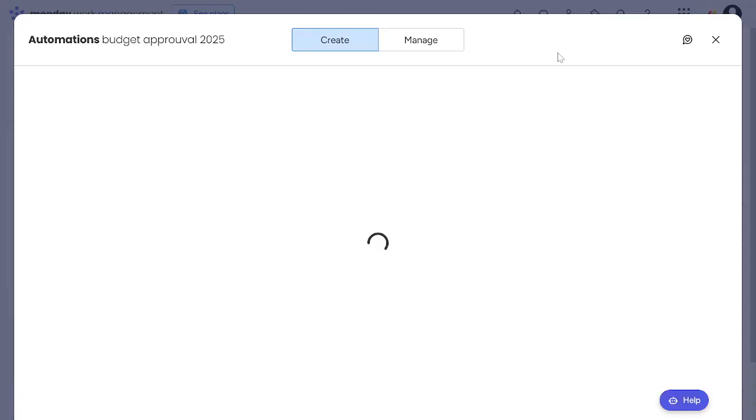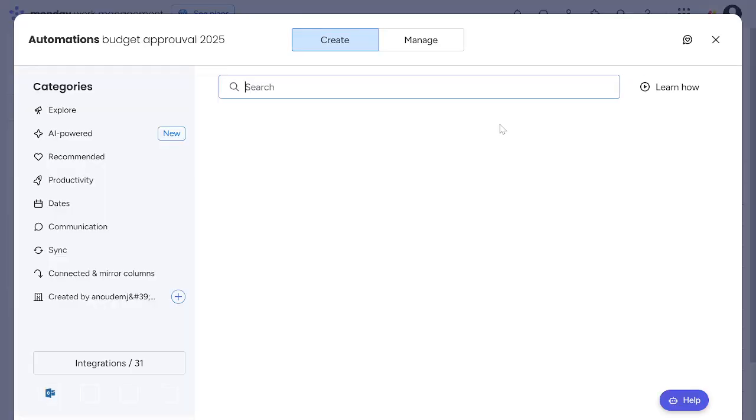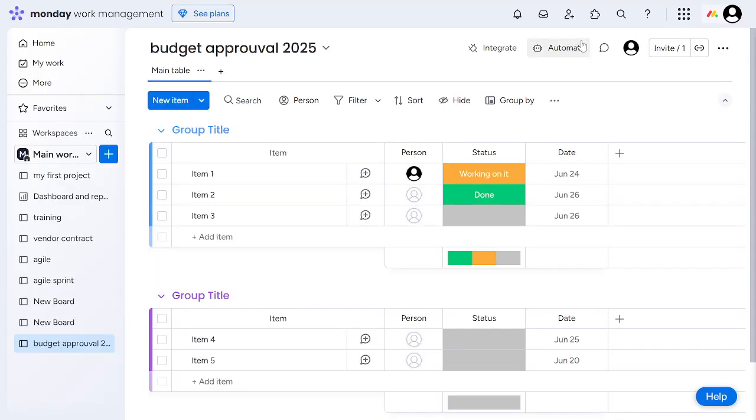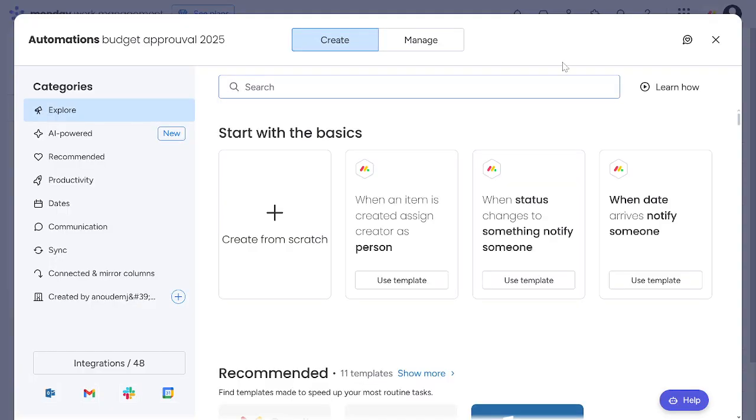Next up, let's add some automations. Automations are a powerful feature of Monday.com that can help speed up your budget approval process. Click on the Automate button at the top of your board, then select an automation like When Status Changes to Submitted, Notify Approver. This helps us because it automates repetitive tasks, keeps the process moving, and ensures no budget proposal